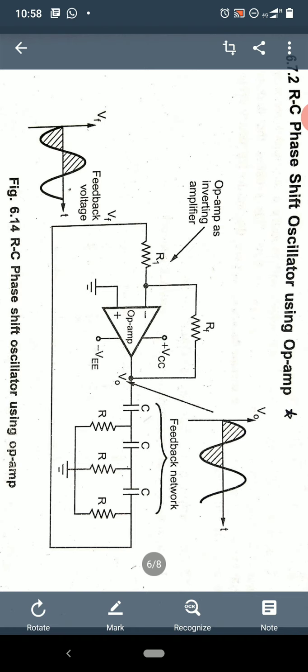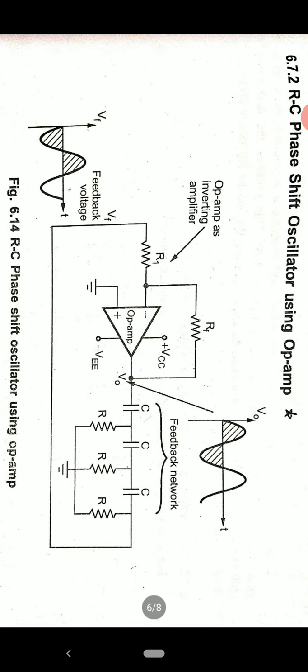The main criterion for sustained oscillations in any type of oscillator, whether RC, LC or crystal, is Barkhausen's criterion. What Barkhausen says is mainly two things. One is that the total phase shift around the loop must be 360 degrees or 0 degrees. The second one is the